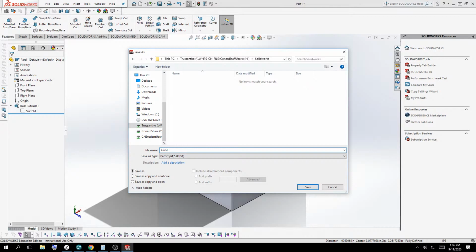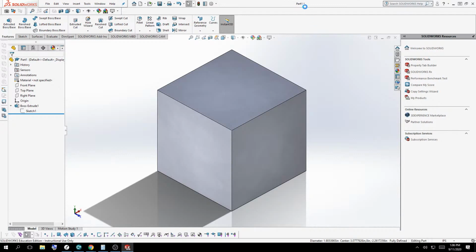you'll see why when we create the drawings. A lot of the times, as a convention, we put caps lock on, and we try to keep things all in uppercase, and we'll talk about that as well in the future. So hit save. You'll notice your part 1 will change up here to be cube, and we are done with